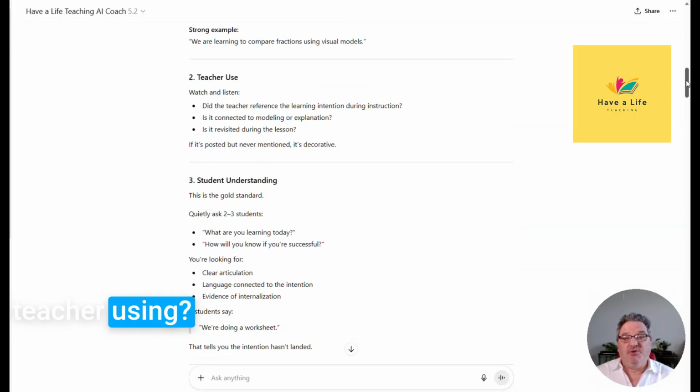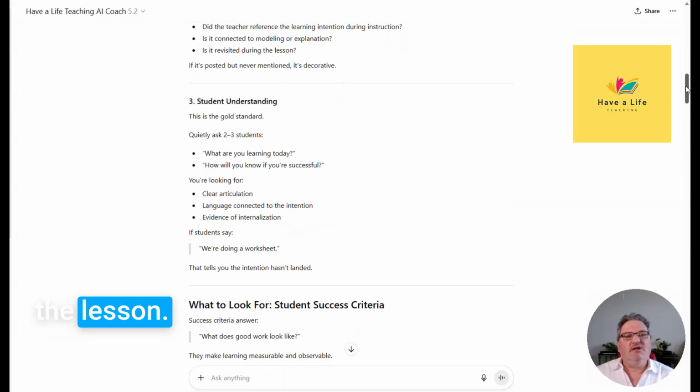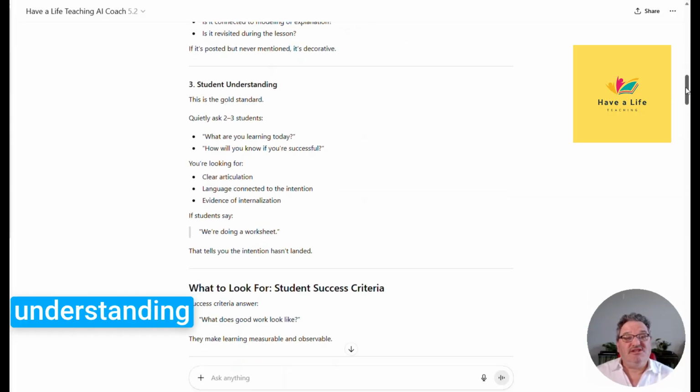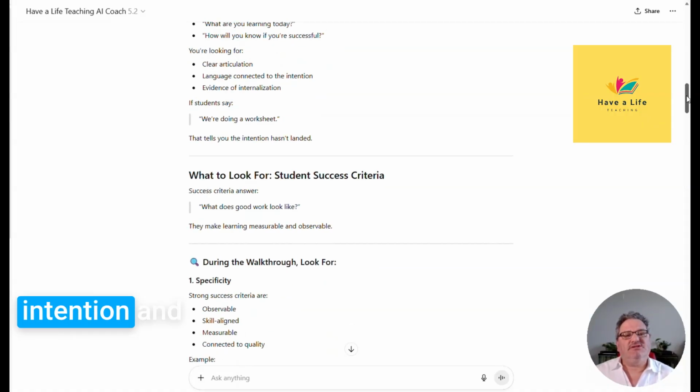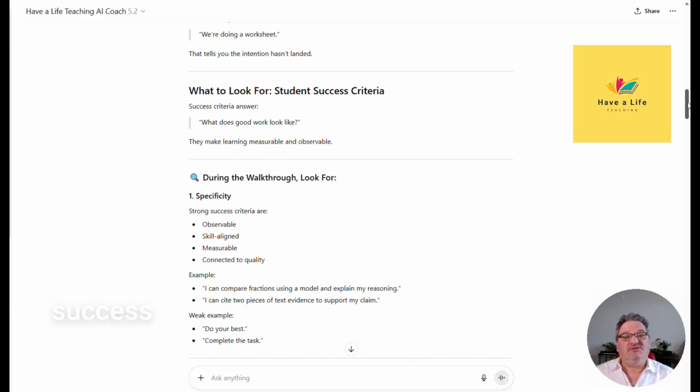How's the teacher using the learning intention within the body of the lesson? How well are students understanding the learning intention? Are they being actually asked questions about the learning intention? And are they able to clearly articulate their responses? And then the bot is showing us some things to look for as administrators when it comes to student success